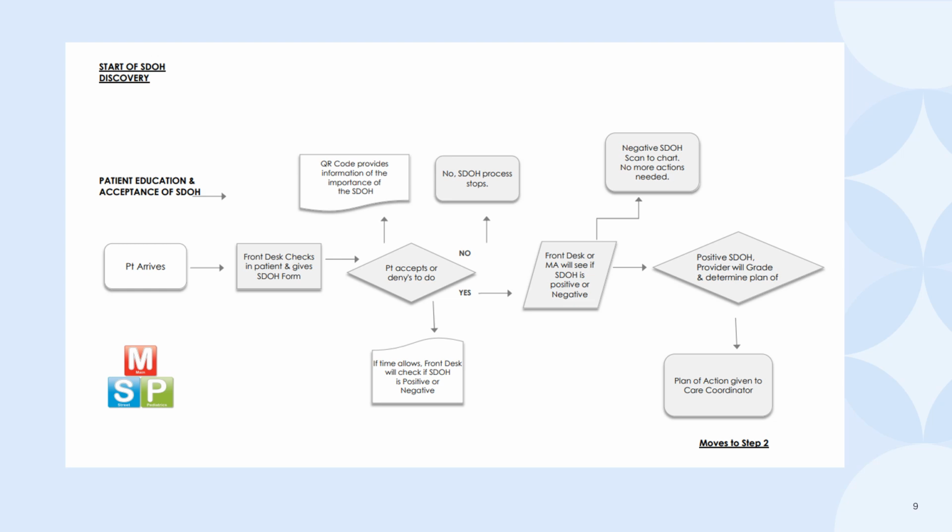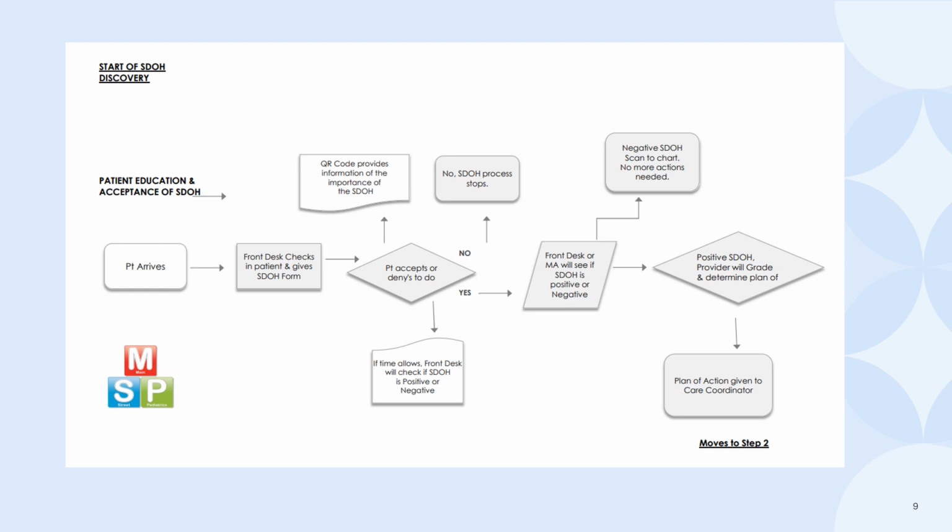We did find out that there are a lot of patients who do not want to be asked those questions. But if they accept it, then the front office will identify any positives and take them back to the provider so the provider can code it accordingly, and then the provider will give it to our care coordination